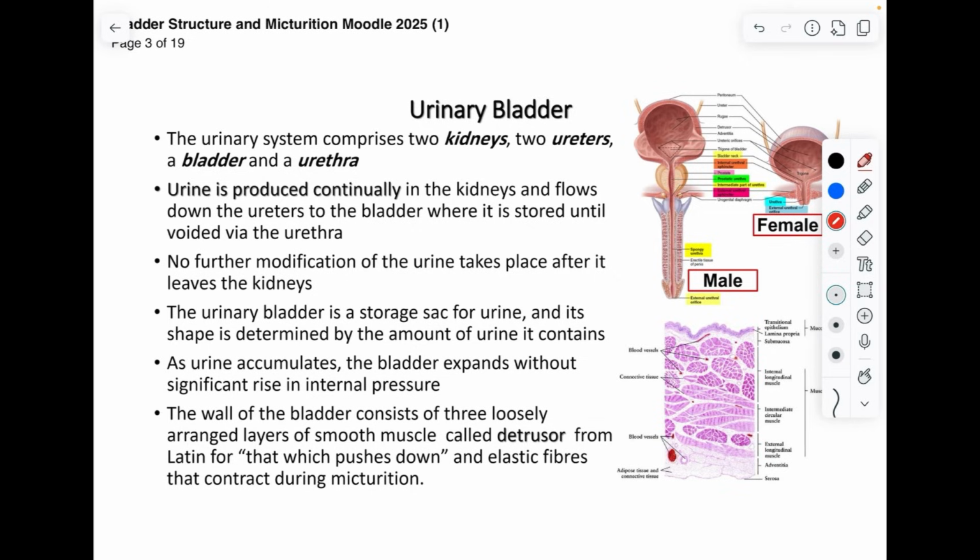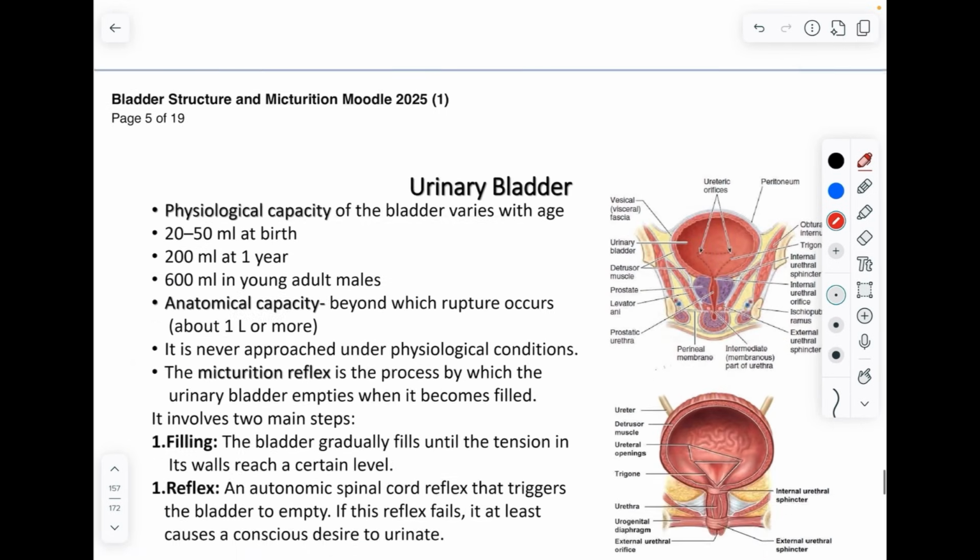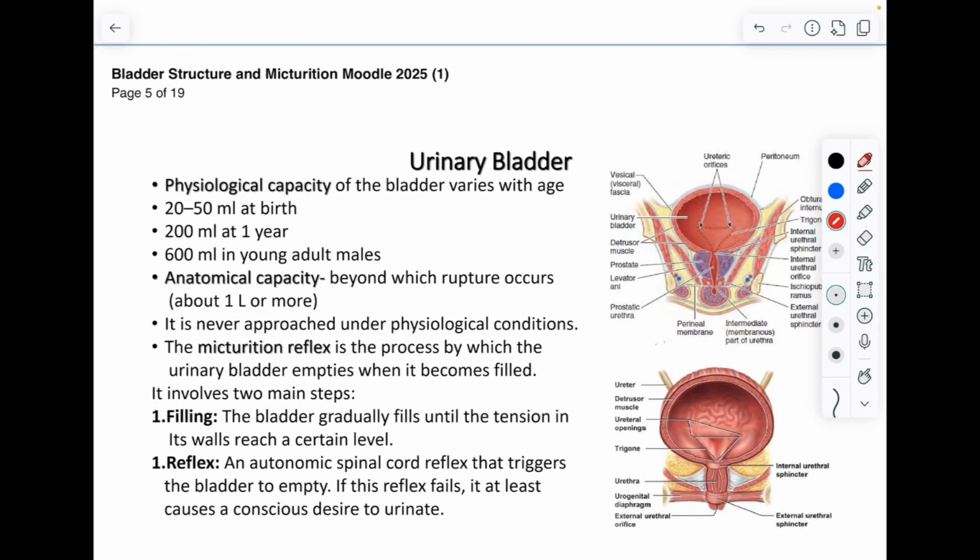Now, you know the urinary bladder. It's not new to you. And you know the structure, because that's an anatomy objective. But what's important here is, please, in this slide, know the capacity. I know that we have physiological and anatomical capacity. What's a physiological capacity? It's the capacity where your brain tells you, okay, if you don't go to the bathroom, I am exploding, okay? The bladder will explode. But that's not actually true, because the anatomical capacity, please do not try to reach it,